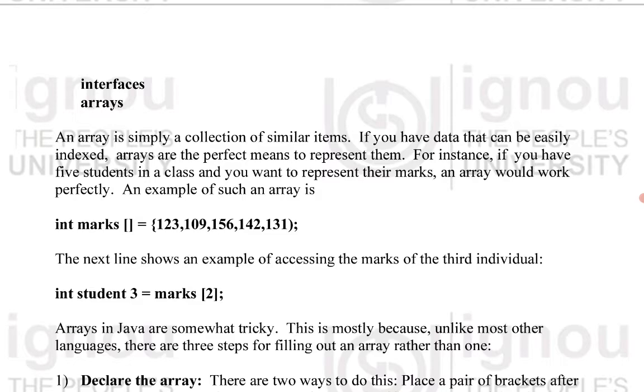For instance, if you have 5 students in a class and you want to represent their marks, an array would work preferably. So the example is int marks[] equals 123, 109, 156.